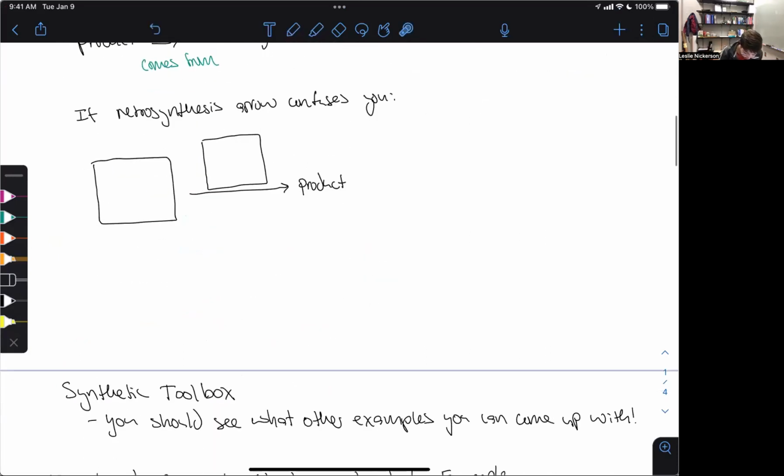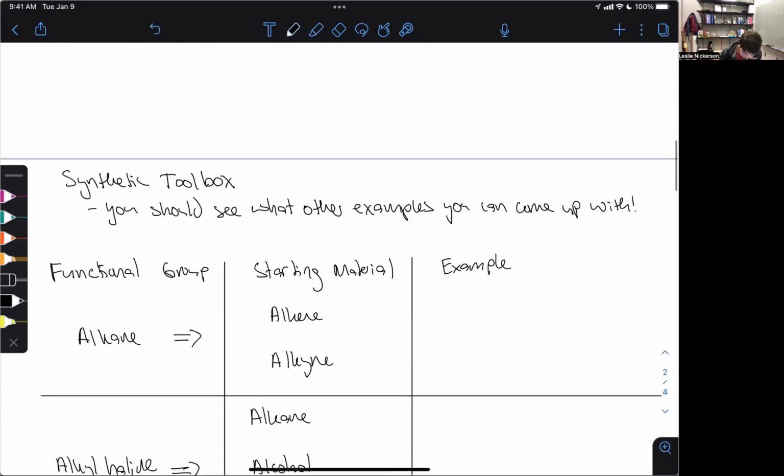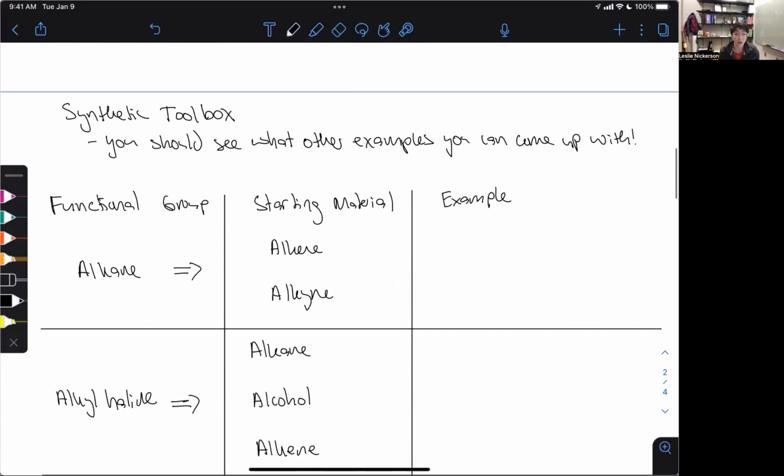So let's talk about the synthetic toolbox a little bit here. I'm going to give a couple of examples for these, but this is by no means an exhaustive list. I think there's a lot more that you can do with this. And this week, we're also going to be working on this process where I'm going to ask you to delve a little bit deeper and break down this functional group column even more,